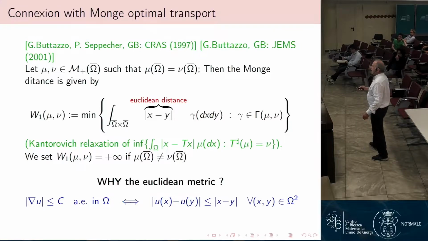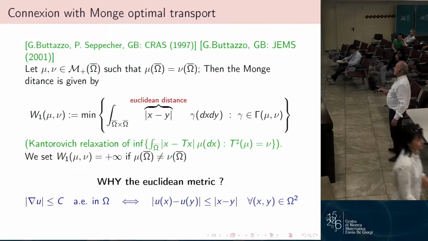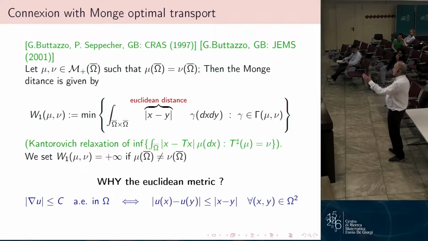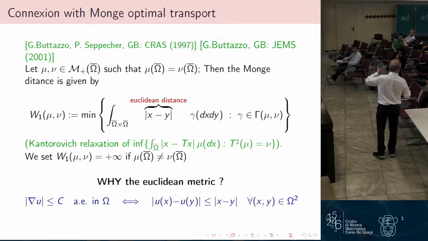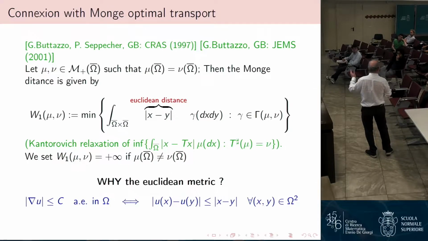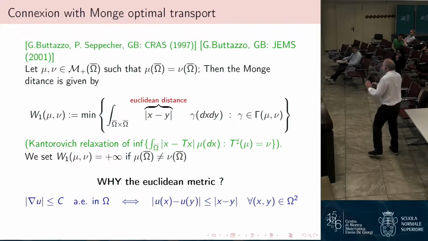At the bottom there, C equals 1. The constraint on grad U has to be 1. Yes, it will be 1 or some constant. You tune it so that you fulfill the total mass constraint. Okay. But you can easily rescale everything. Then the constant has to appear on the